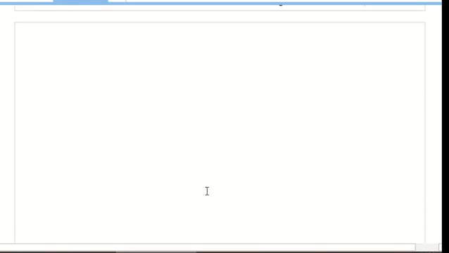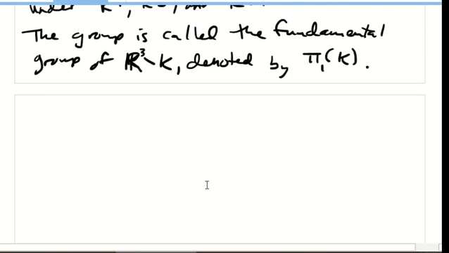Well, let me try to give it to you as an example. So the elements of this group are loops,